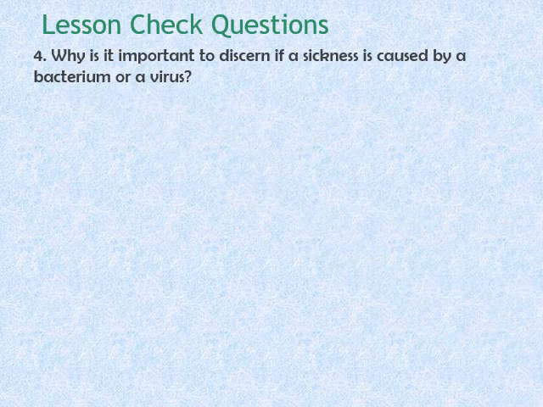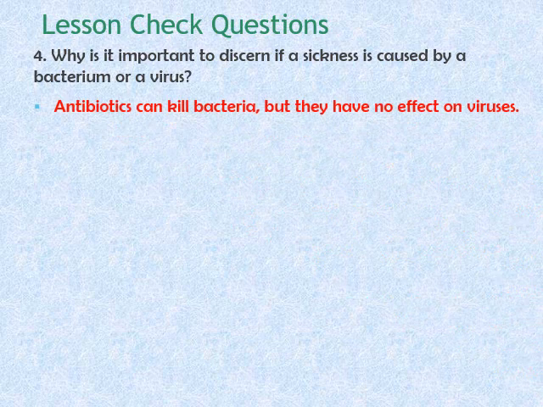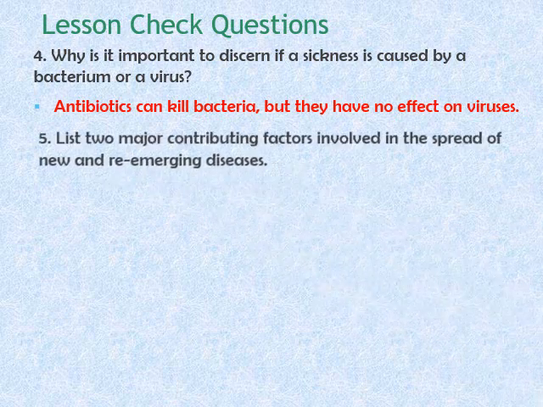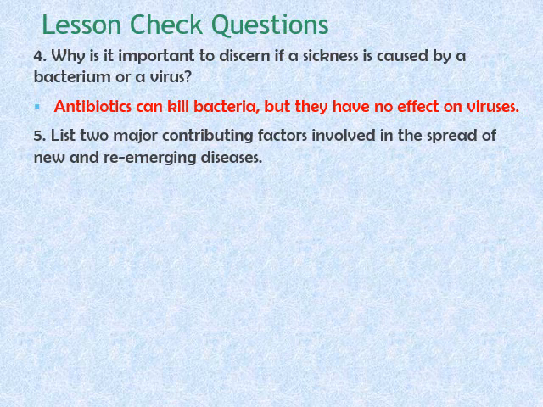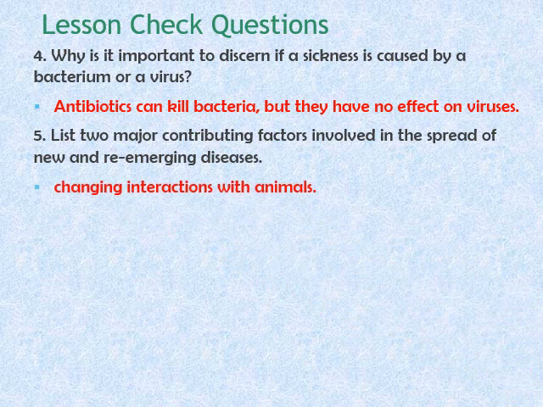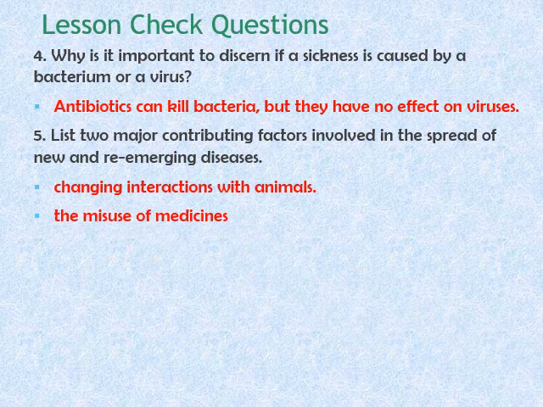Question number 4. Why is it important to discern if a sickness is caused by a bacterium or a virus? This is because antibiotics can kill bacteria, but they have no effect on viruses. Question number 5. List 2 major contributing factors involved in the spread of new and re-emerging diseases. The 2 major contributing factors involved in the spread of new and re-emerging diseases are changing interaction with animals and